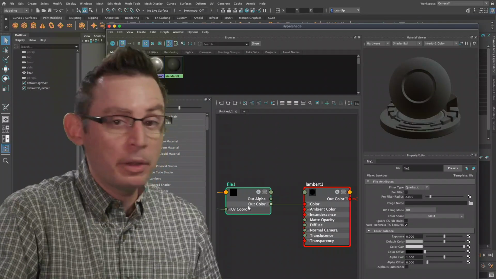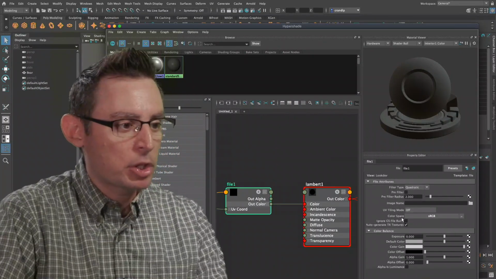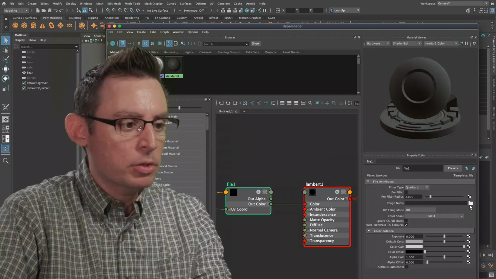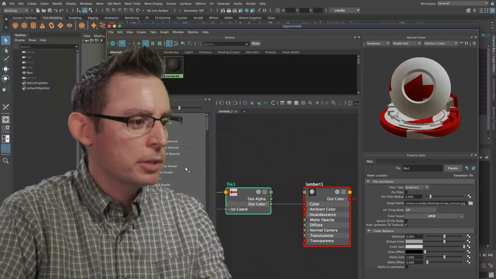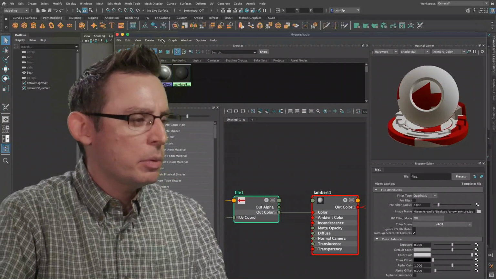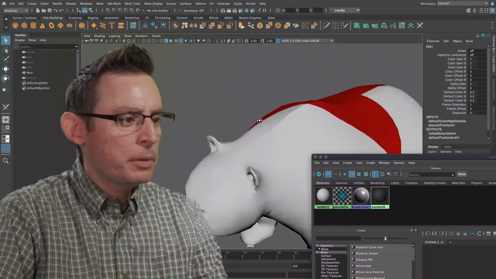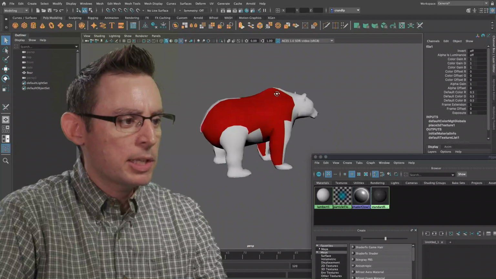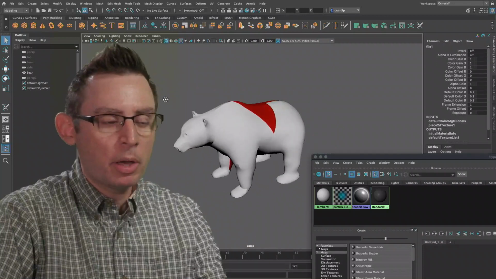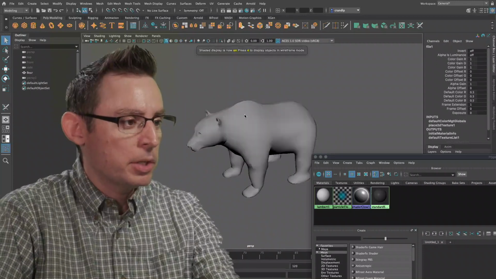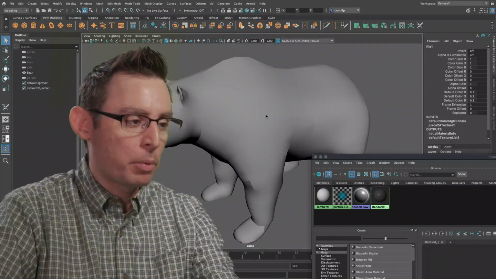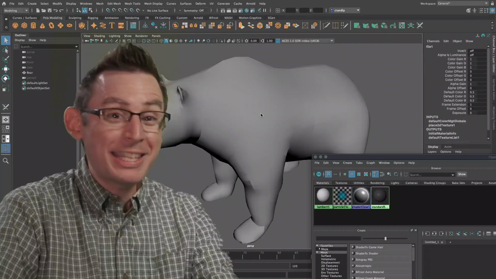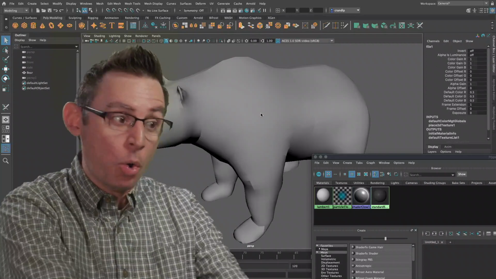And with that file input node still selected inside of our Hypershade, we can load in the image right here. And I've just saved it to desktop. It's called Arrow Texture. And voila, there it is. If we were just to put the Hypershade to a side here, we can start to see that arrow texture show up on our model. Now, if you don't see the arrow texture, that's probably because your textures have not been activated inside the viewport itself. There's a couple of ways you can do this. The easiest way is just to go to the top row on your keyboard.